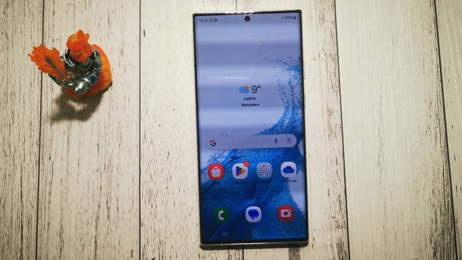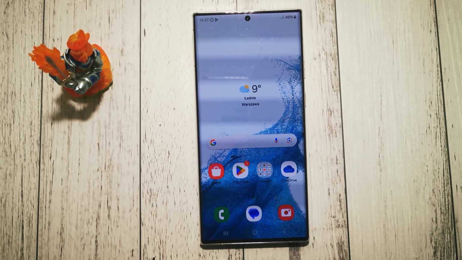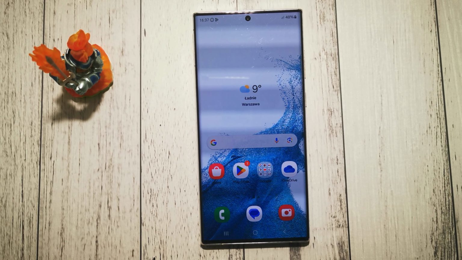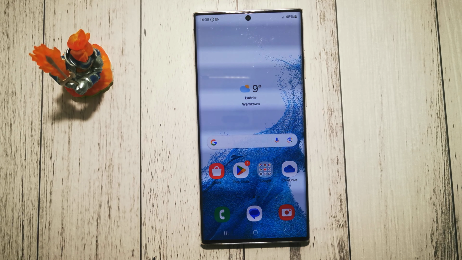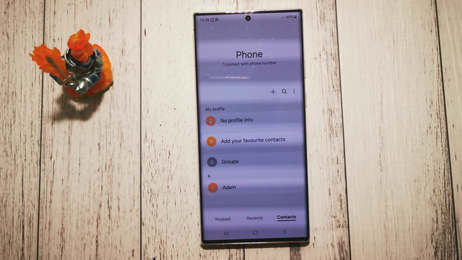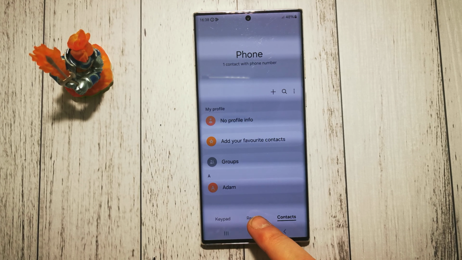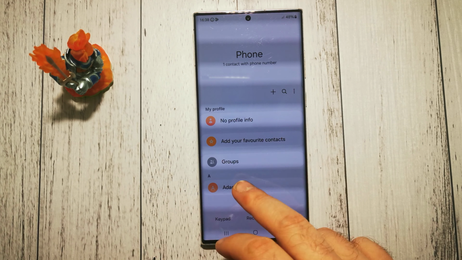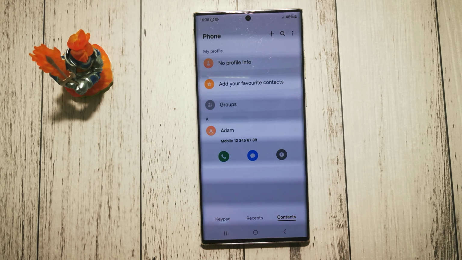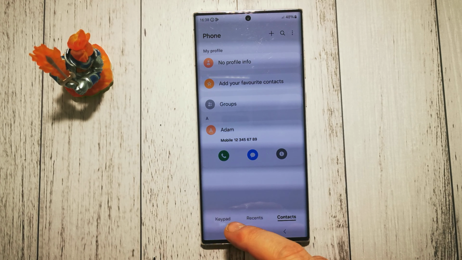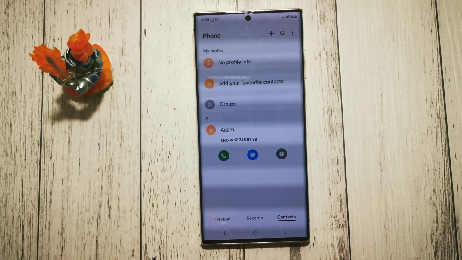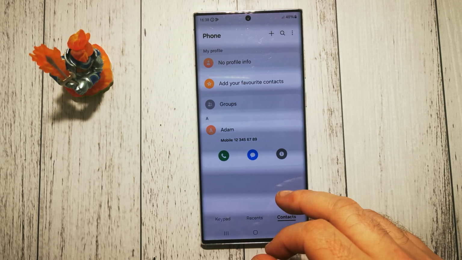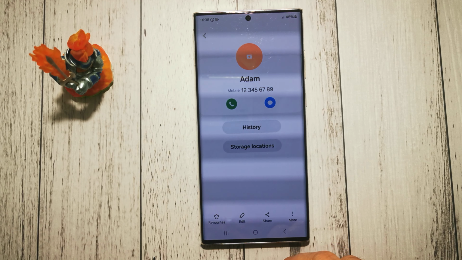Today I will show you how to edit our existing contact in our phone book in Samsung Galaxy S22 Ultra. So first we have to go to our phone book, our contacts at the bottom right here, and here we have our available contacts, for example, Mr. Adam. So to change our contact name, for example, or our phone number, we have to go to options here,